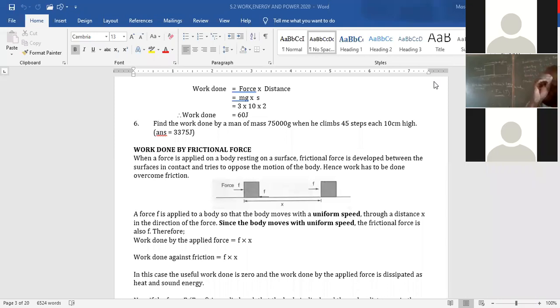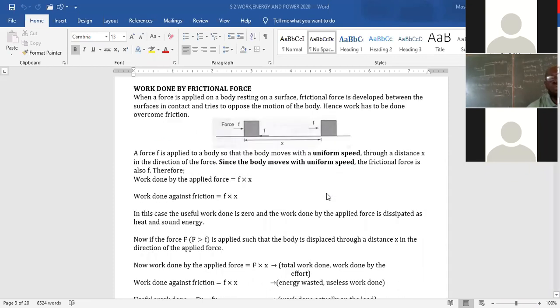Machines will do the input, then part of it is useful, the rest is useless. And we are going to realize that friction is part of the useless work under normal circumstances. I have laid the background on that, and I'm going to leave it at that. So work can be broken down into work input, work output, and work wastages or useless energy. Is that okay? That's how we shall get that equation for energy later as we go through this topic. Okay, so thank you so much for that.